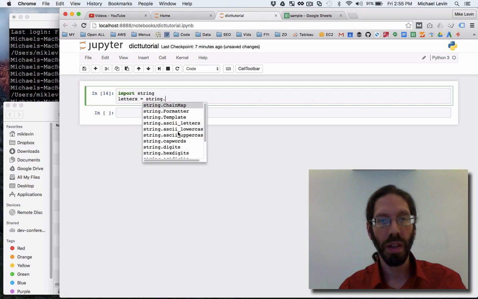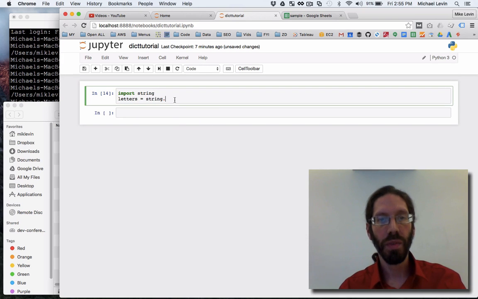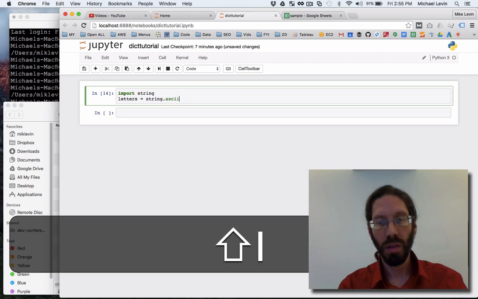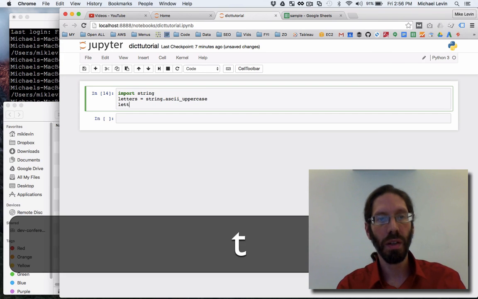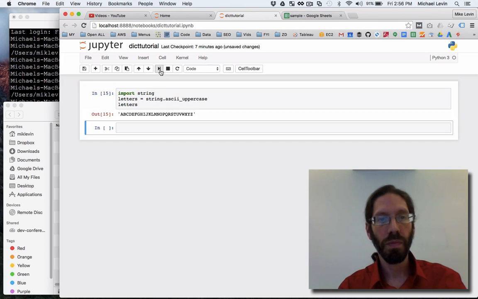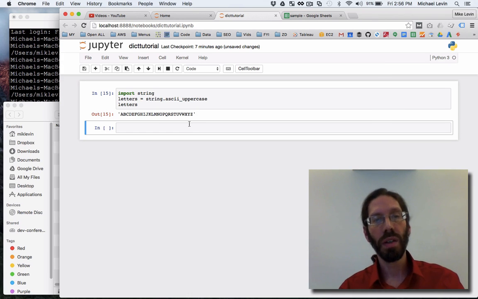Oh, there's some interesting stuff. ASCII.uppercase. Command line completion is there. So I just set letters equal to ASCII.uppercase, and let's take a look at letters. Hey, you got A through Z as uppercase. That's convenient. And now you have something that can give you a length. So I'm going to start with a simple name value pair dictionary that zips together this